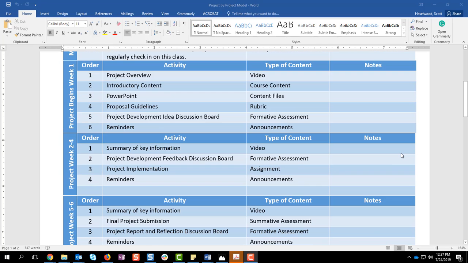Week 2, 3, and 4, or 2, 3, 4, and 5, or just 2 and 3, or however you need to set it up to best work for your course, now becomes the work of the project. So you're going to have each week, make sure that you provide a video that summarizes key information from the previous week, or highlights good things that students have submitted to you from the previous week,